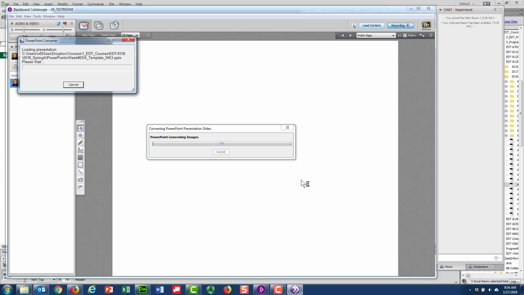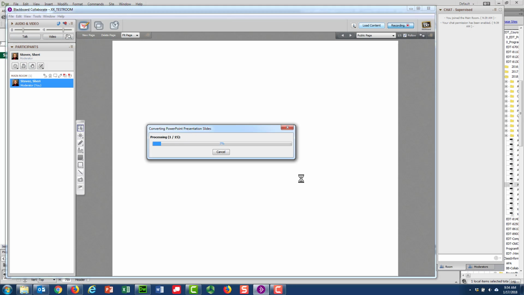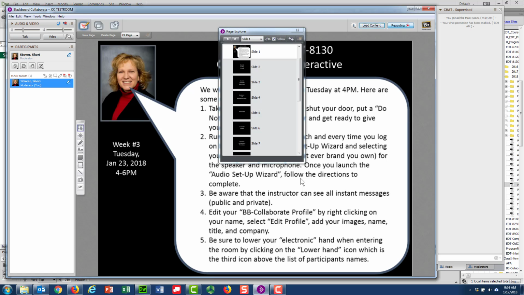that PowerPoint slide. So for you, this could just be one big presentation. And if you have animations on any of those PowerPoint slides, it removes all of that, and it turns them into these static documents. So you can see that it puts it in the Page Explorer. Now I like to close the Page Explorer, but you can actually keep this open if you want and navigate